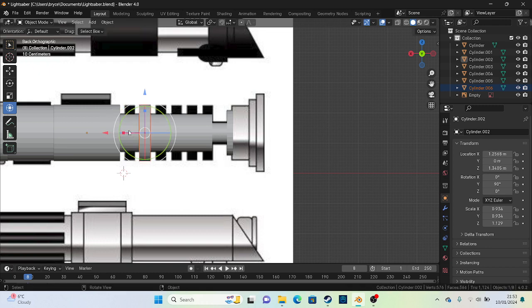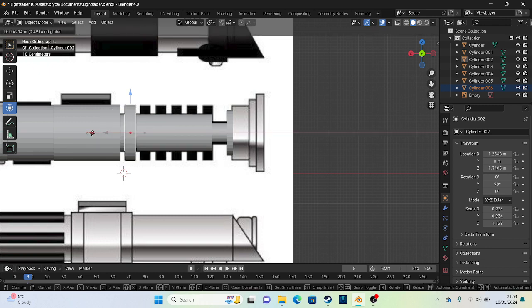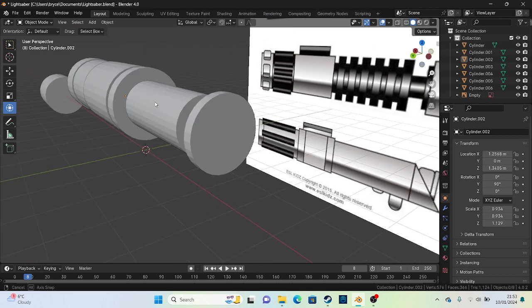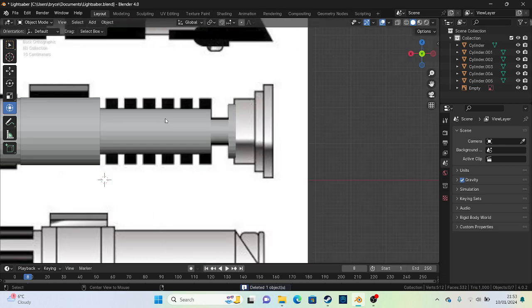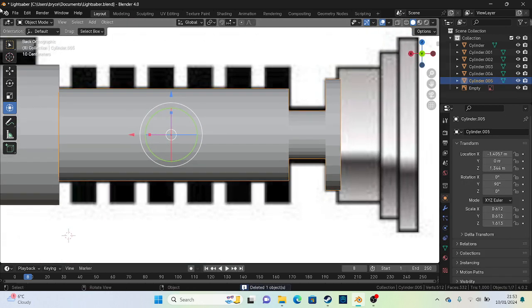And just put them where you need them to be, which is a nice, easy way of doing it. If you're not going to see anything underneath it, that's absolutely fine. But I want to show you two ways of doing this. If you want to keep it as one piece and keep it nice and neat, what you will